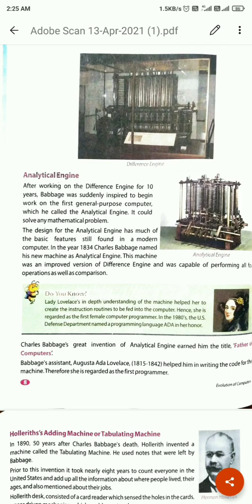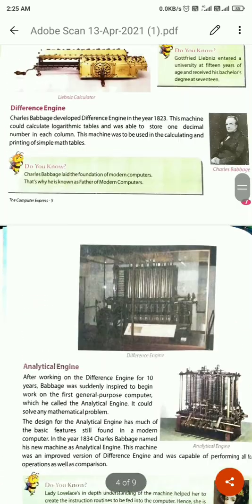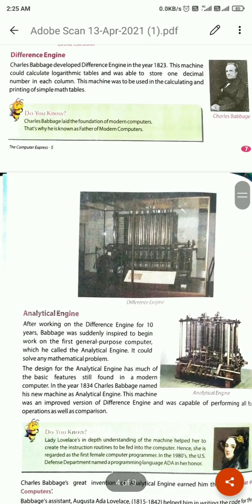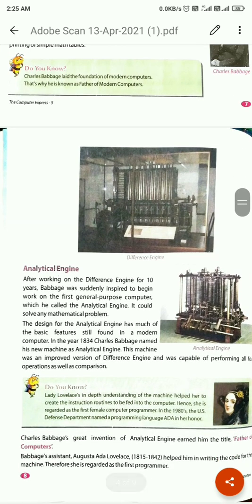Students, now comes the analytical engine. After working on the difference engine for 10 years, Babbage was suddenly inspired to begin work on the first general purpose computer, which he called the analytical engine. So students, after working on his difference engine for 10 years, Charles Babbage